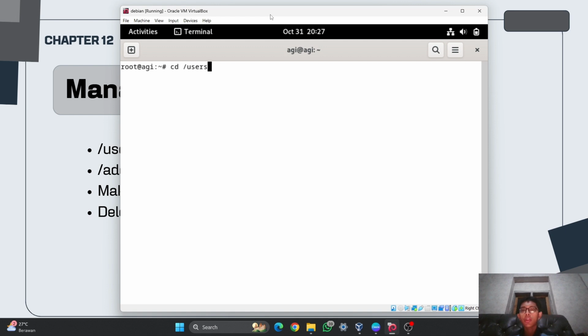When I make a user using this command, /sbin/useradd, if you only use it like this, it only adds a new user without making the home directory, and also you will not make the password.